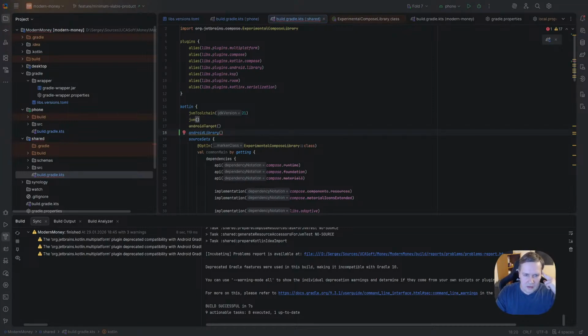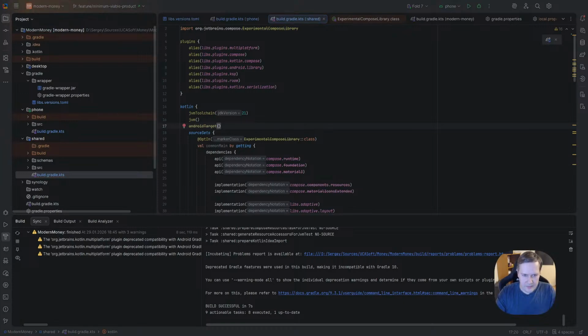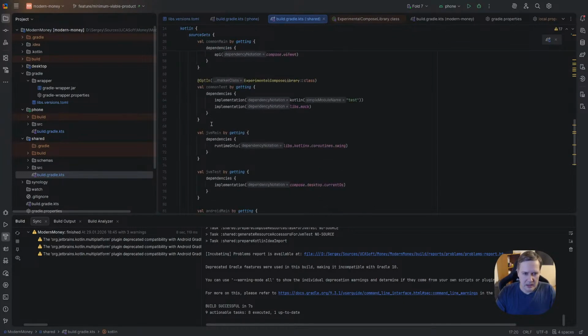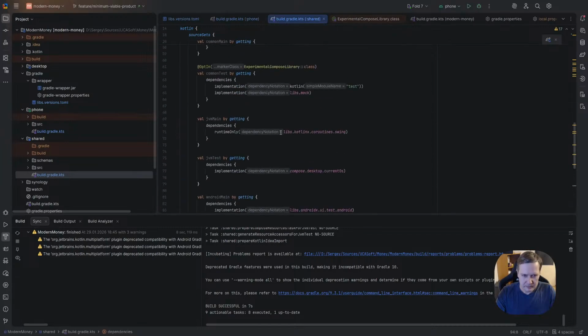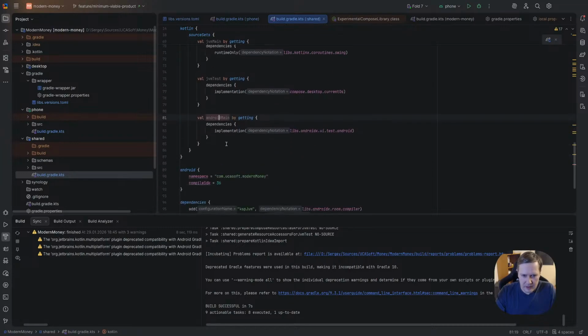A new plugin. So yeah, we used legacy Android target. With the old plugin, you could declare Android specific dependencies. So like we had Android target, and inside dependencies, here we declare our KSP dependencies. Yeah, we had also Android. And now it tells us that the new plugin promotes a clean structure by grouping Android dependency with the Android main source set. But I have this Android main dependency, so I didn't use it.